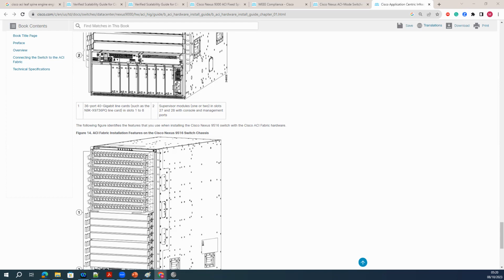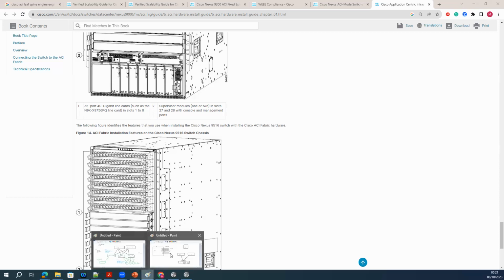I have two labs. I will go for the 5.2. Okay, not 6 dot. So, okay, I will connect the CIMC interface. I already have the CIMC. I have already configured the CIMC.